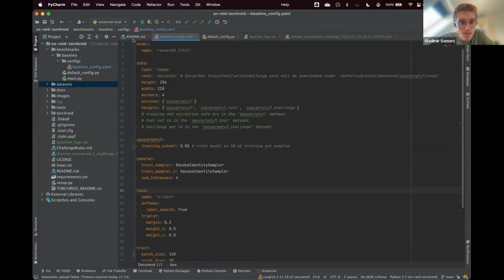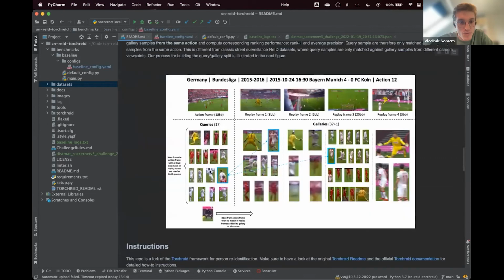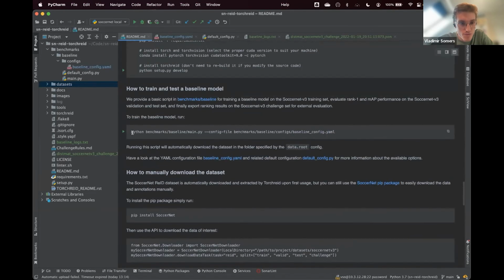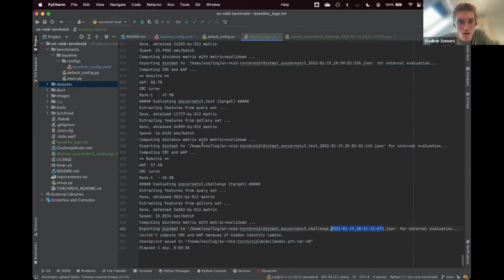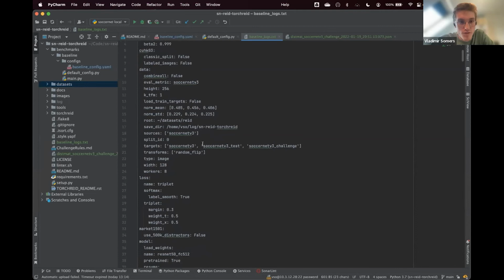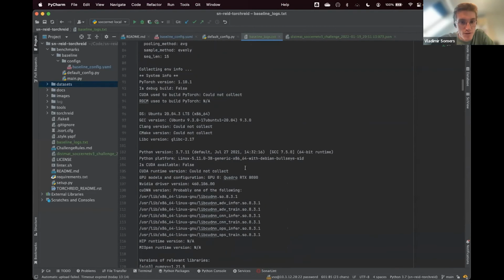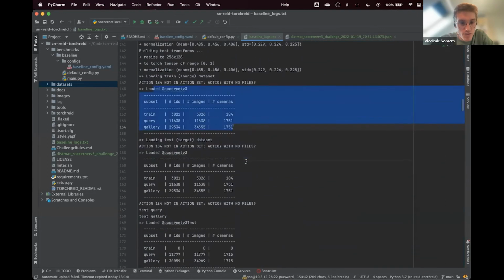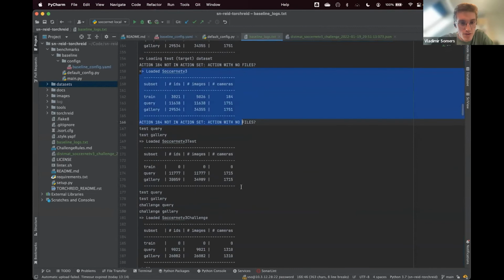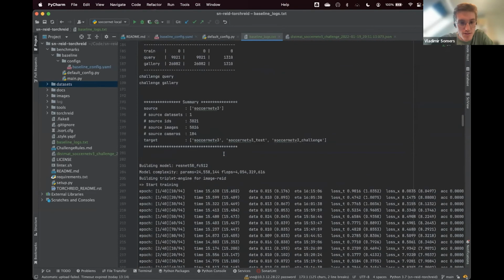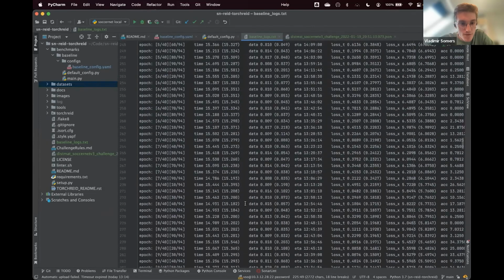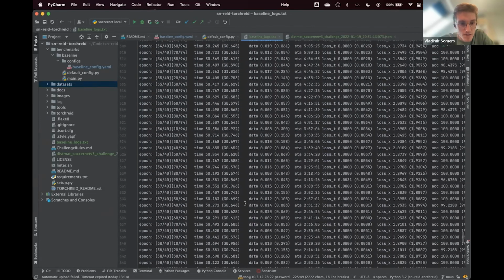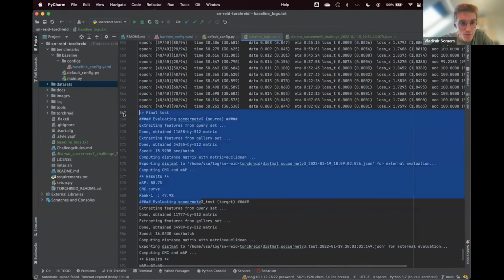So with that baseline config YAML, you run the command I just showed before. I will not do it right now because it's quite a long process to train that model. Here is how the output of the logs looks. First, you have a print of all the configuration. Here, a description of the different datasets used and metrics about those datasets. Then you have all the training epochs that are displayed. And finally, the output result for